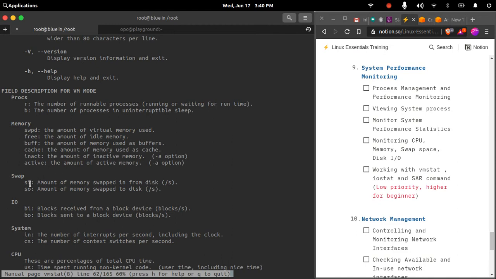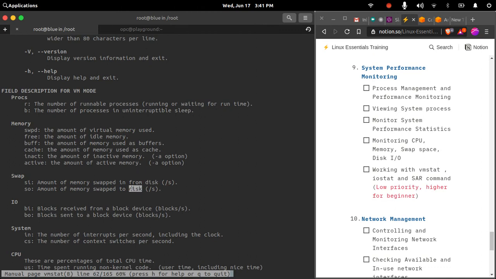So SI, this field indicates the amount of memory being swapped in from the disk, so how much it is reading from the disk, and swap out is SO, the amount of memory swapped to the disk. So basically how much memory is getting written to the swap memory. By default this memory lies on the disk.